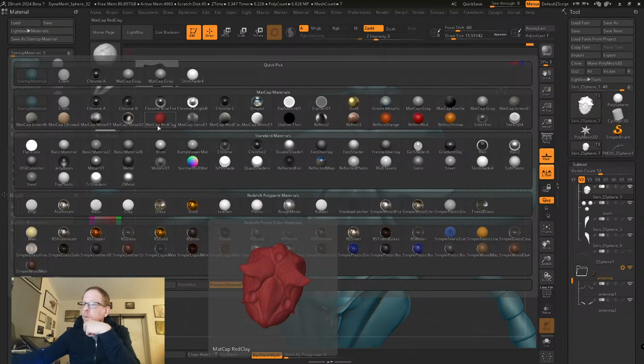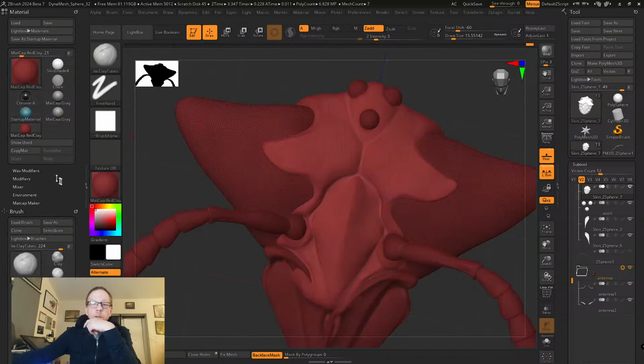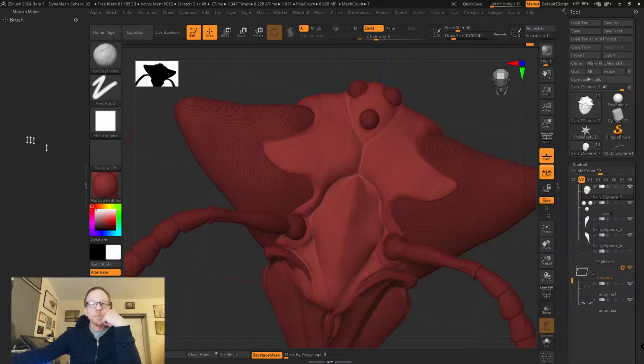Where is red wax? What happened to red wax, guys? I might have deleted it because I hate it so much. But let's take a look at matte cap materials. I guess red clay. We can start with that. Okay, so if I go in here,